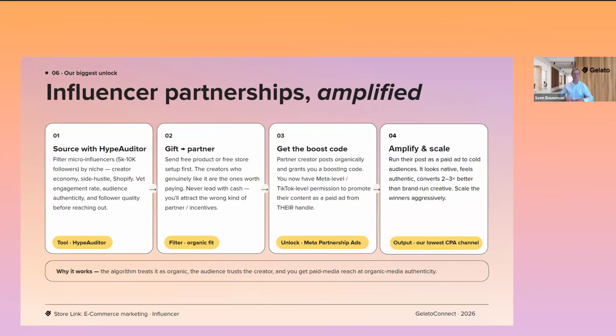what I want to get into now is, well, what does this mean for you? Because the gut reaction many people will have is, well, this is complicated. This takes a lot of time. I need a team of influencer managers, and it's tons of back and forth, and we'll never be able to even get started here, right? That's not true. And for many of the things that I'm discussing here, that's no longer true. You don't need a marketing team of 5 people to get this all going, right? So with influencer marketing specifically, this is the tactic which has really been fantastic for us,